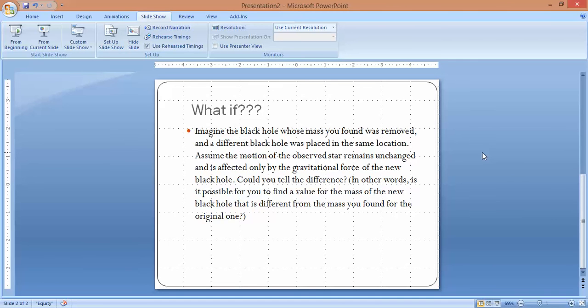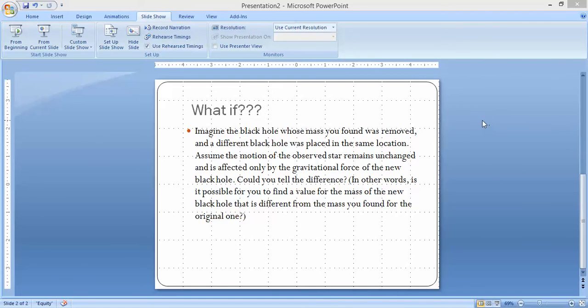We definitely cannot tell the difference, because we would find the same mass for this black hole as the other one, because the data is all the same and the computer is making all the same calculations. So that is the answer to that question. And these are all of my findings from Lab 3. Thank you for your